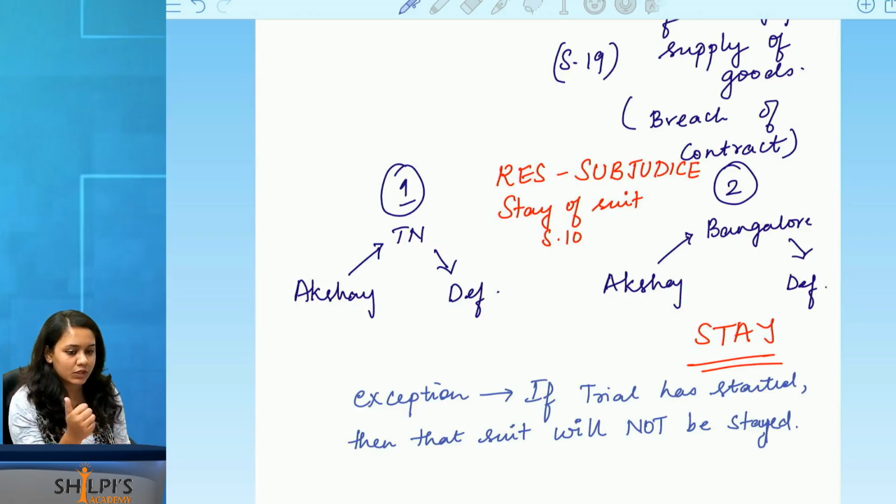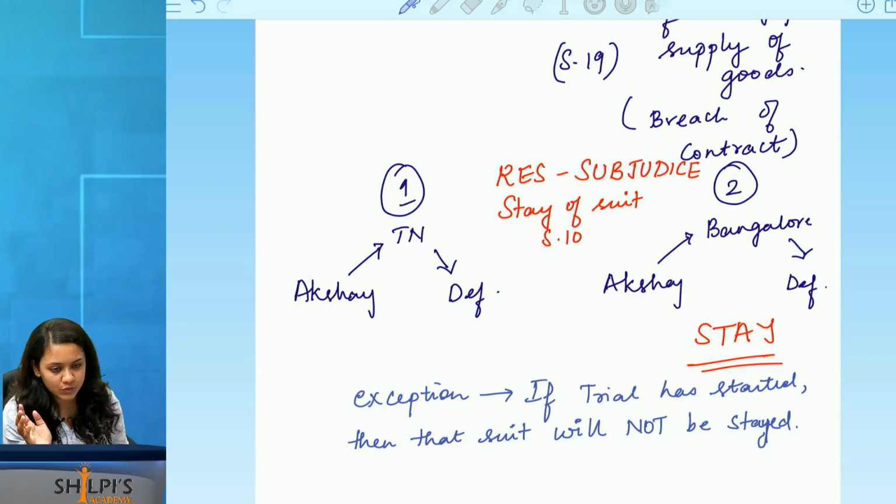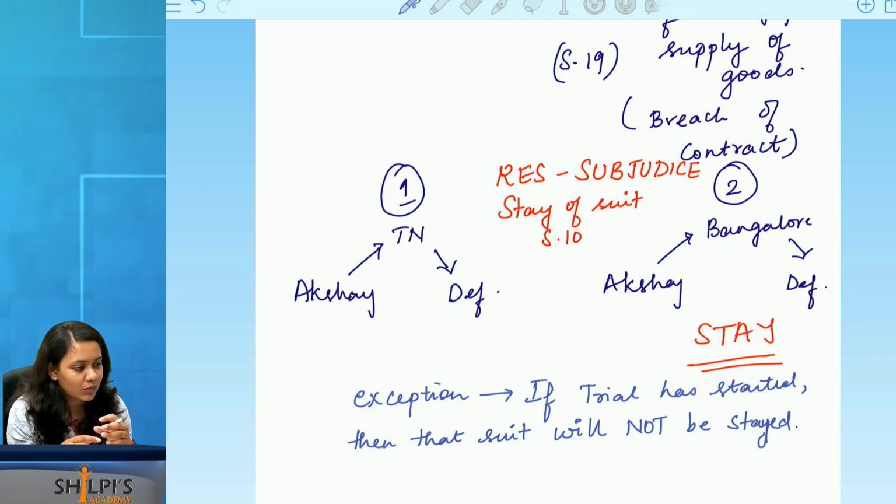Because remember, we are only trying to conserve the resources of our judiciary, and if they have already put in the efforts to start the trial, then you proceed with that court and then you put a stay to the other court. Please remember that both courts must have the jurisdiction in the first place to try it. If the court does not have the jurisdiction, then there is no question of stay of suit itself, but rather they have to go to the correct court. There will be situations where multiple courts end up having jurisdiction. So that time only this problem arises. Are we understood in this concept?